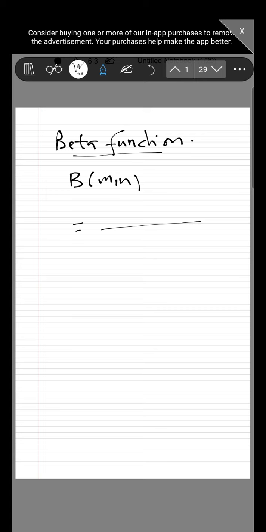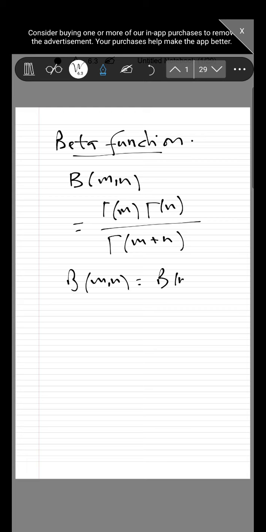So B(m, n) is equal to gamma m into gamma n divided by gamma m plus n, and B(m, n) is equal to B(n, m). So it's symmetric in terms of its parameters,